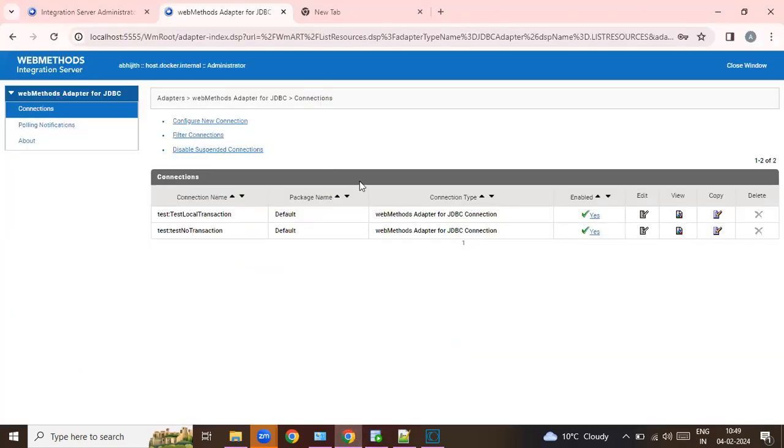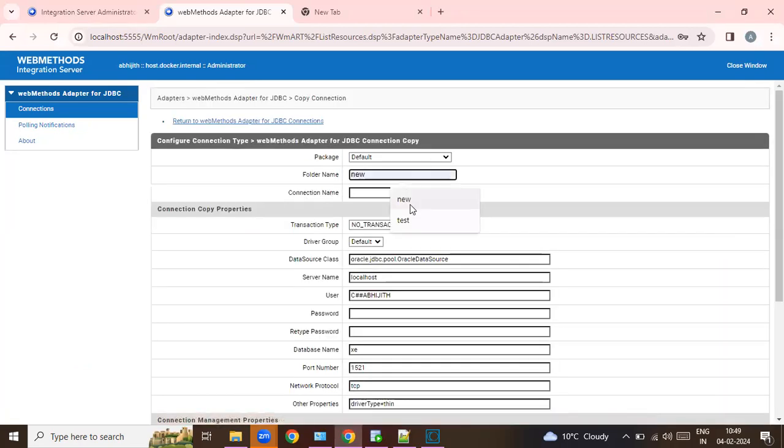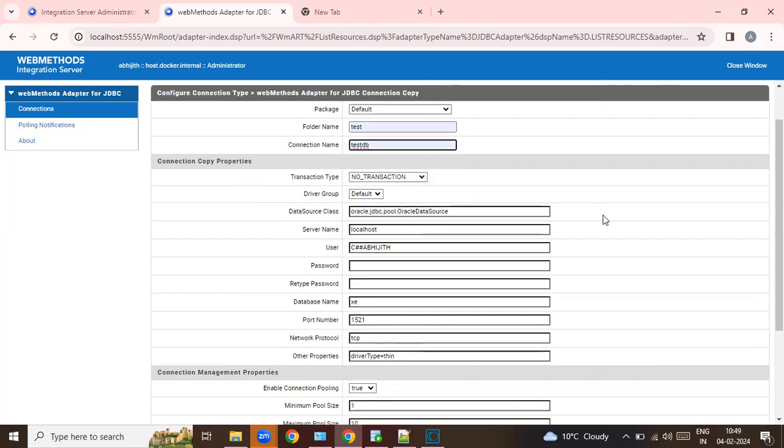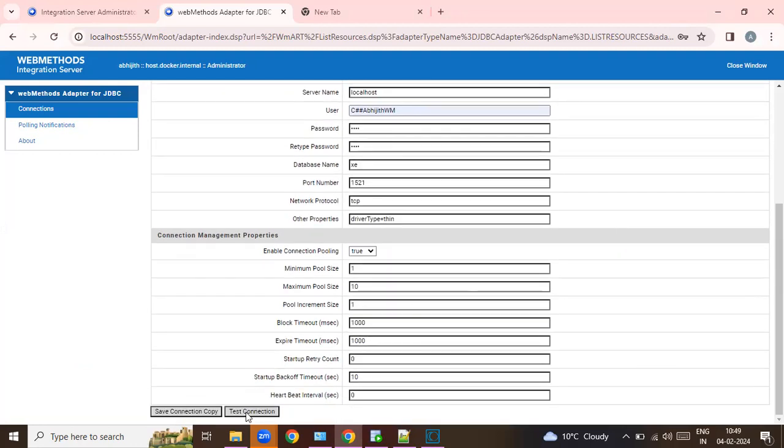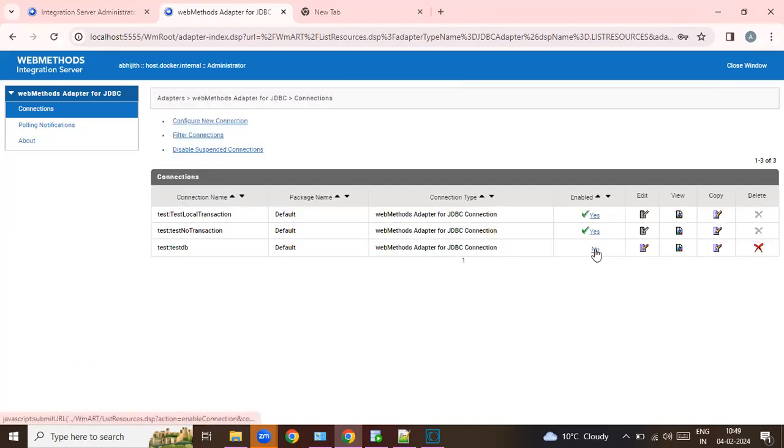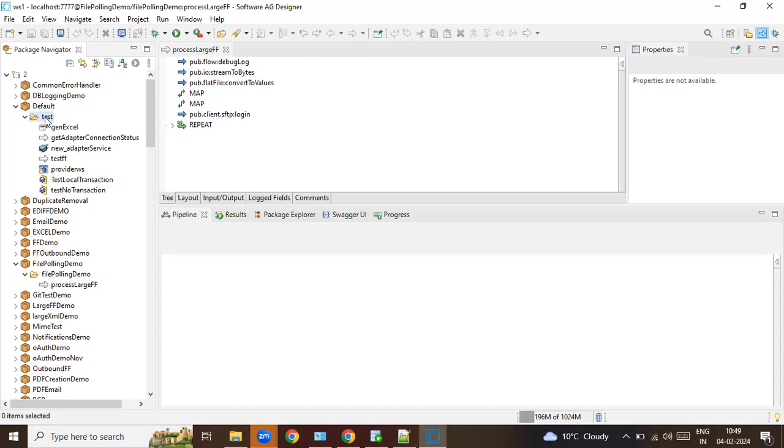So go to my DB. I'll just copy this, test DB, VJWM, save connection copy, and when I enable it, it should get enabled. See, now the connection is also enabled. So that means integration server is able to make a connection to the Oracle DB with the new user which we created. And if I go and refresh this,